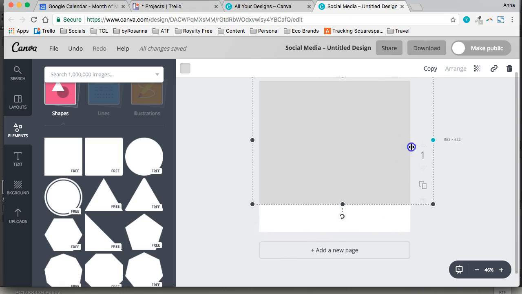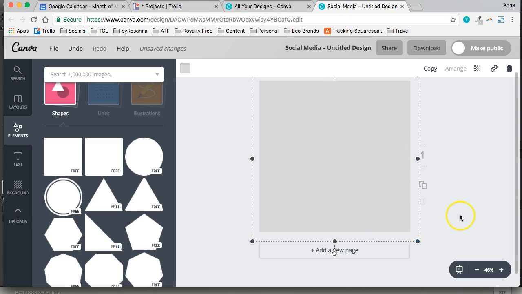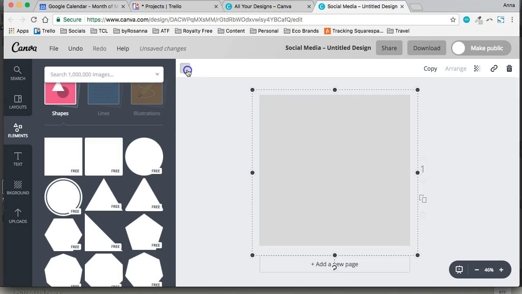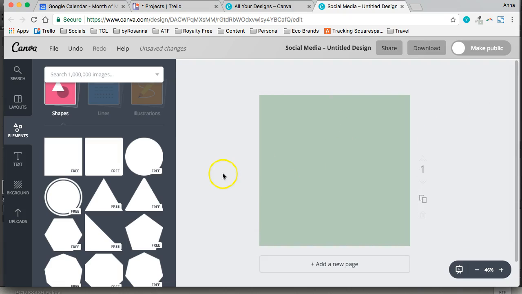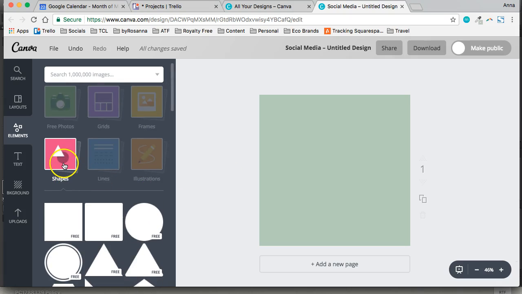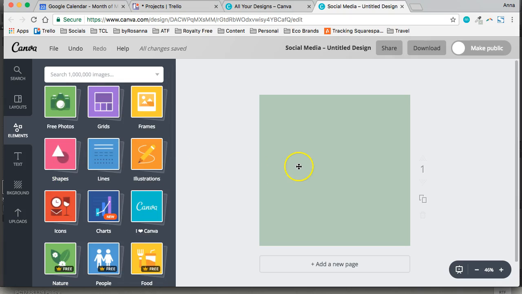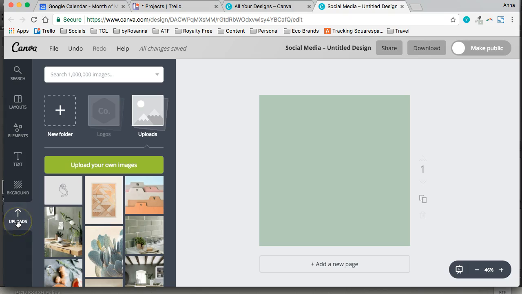You can also click and drag and change it so that it's not actually a square. But for a minute I'm just going to be dragging it over so that it becomes the background, and then you can pick a colour, any colour you want, and then you can start adding things on top of that background colour. Alternatively, if you didn't actually want just a flat colour as your background, you can also upload images,